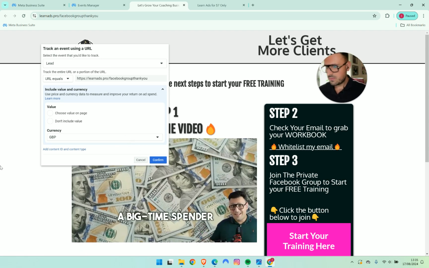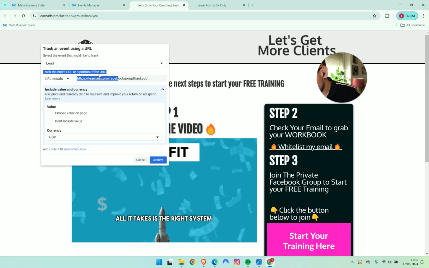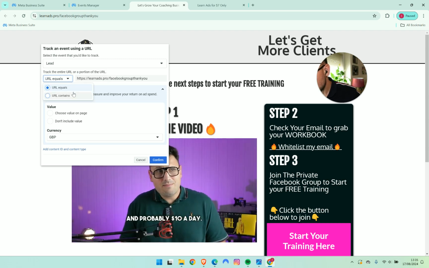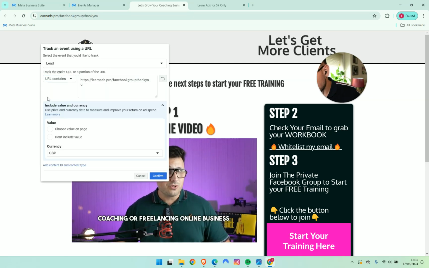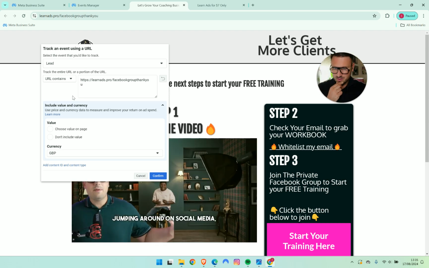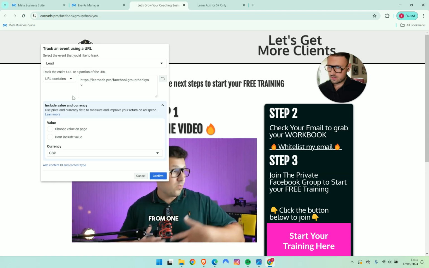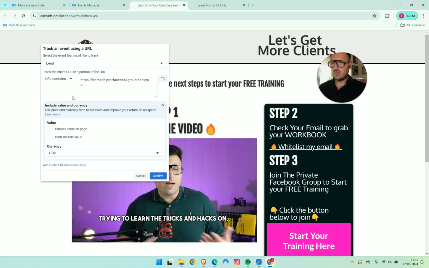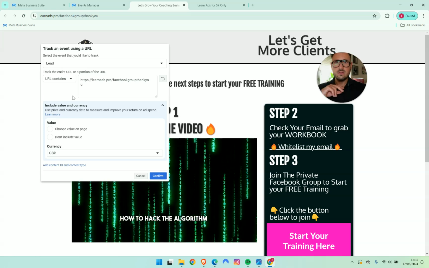Now here is a very important thing to notice. It says URL, track the entire URL. It says URL equals or URL contains. So you always want to select URL contains. You want to select these guys because sometimes the URLs get broken when people click, or they have link trackers, and then you have different variations. So if it says URL contains, it means if the URL contains what is this, and if there's anything else,